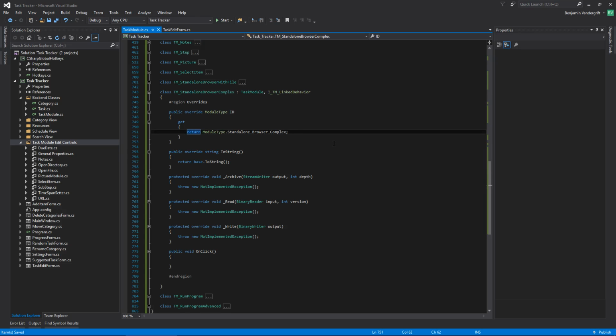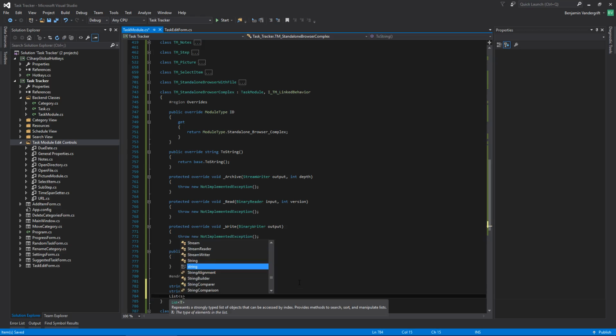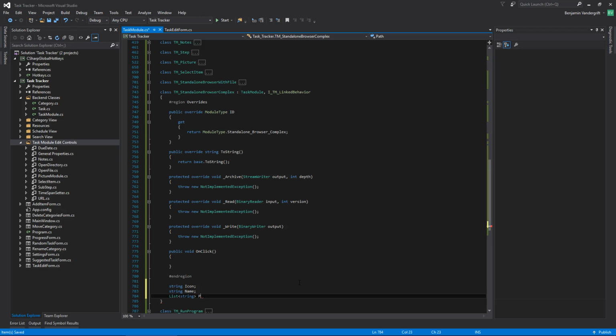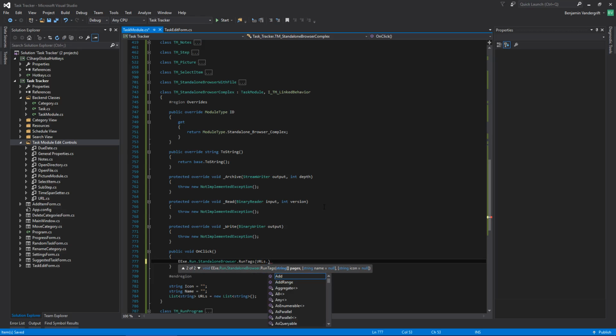This one's going to be a little bit more complicated. So what this guy is going to need is a string icon, string name, and a list of strings URLs. And let's remember to set these to stuff, lest we anger ye old exceptions. So this right here is just going to do run tags, but it's going to do this one. So we need URLs dot to array,